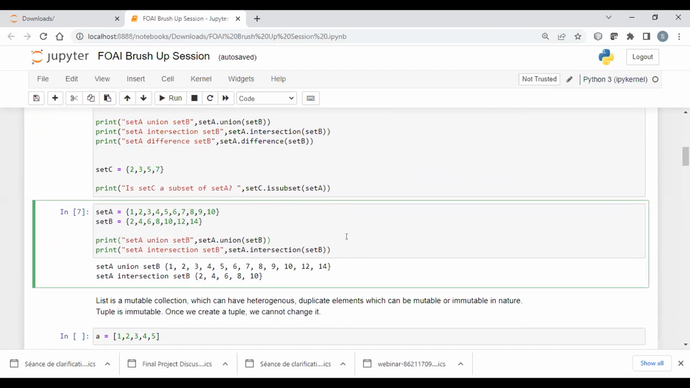So, for example, we have two variables, X and Y. When we use the function X dot update Y, all the elements are added to the X variable. Whereas when we use the union function, X dot union Y, it actually...